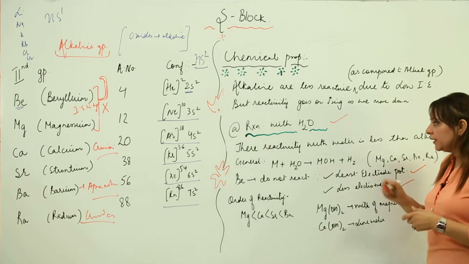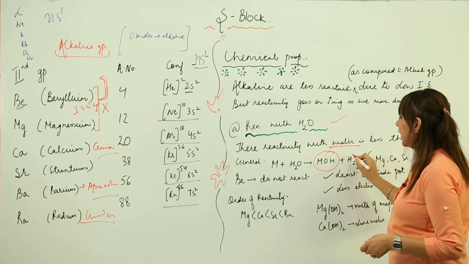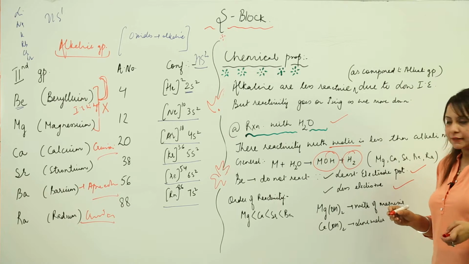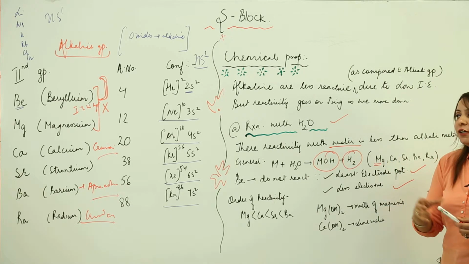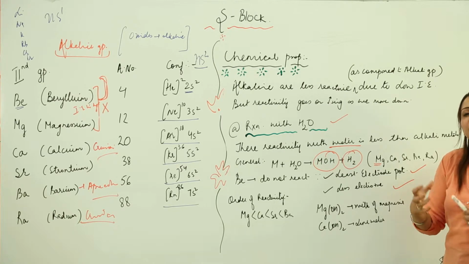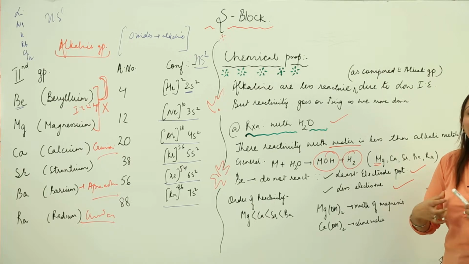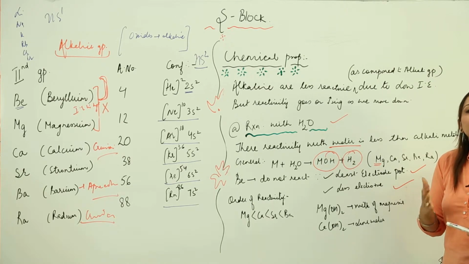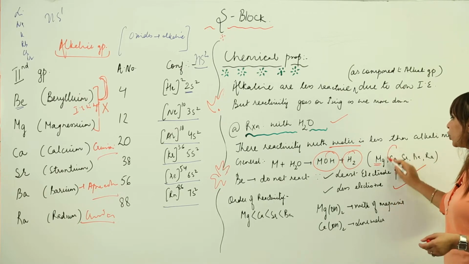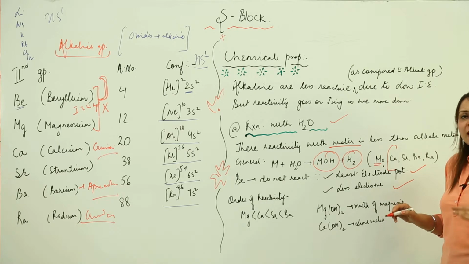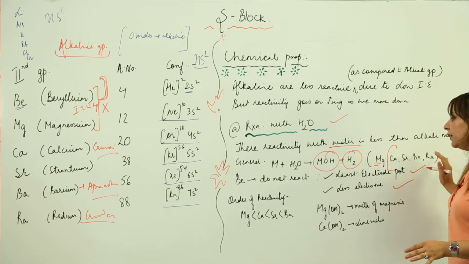But the rest of the members react with water, forming their hydroxides and liberating hydrogen gas. You know what happens: when magnesium reacts with water, it actually reacts on boiling, because whenever it reacts, a layer of oxide is formed on its surface. So we need to keep it amalgamated with mercury in order to remove that layer so that it can react with the water forming its hydroxide. Otherwise, the members from calcium onwards have an affinity for water and they react.